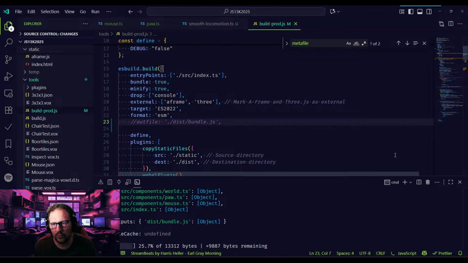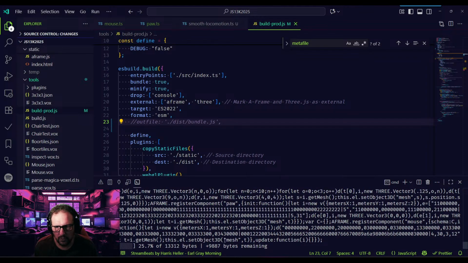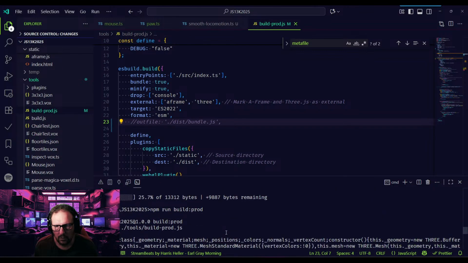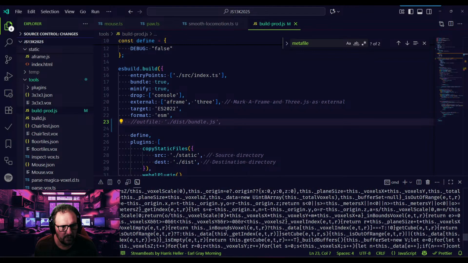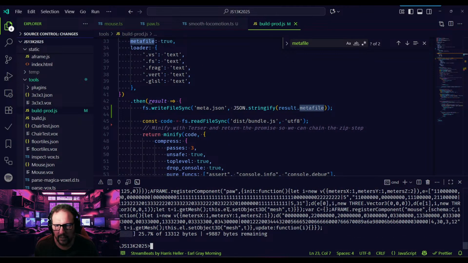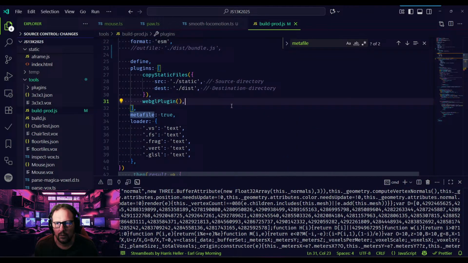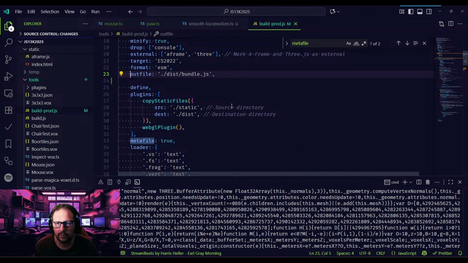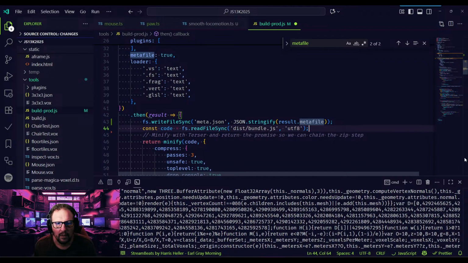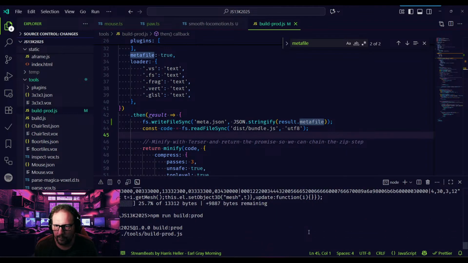So if you don't write to an out file, it just writes the output to the console. But I think it writes it twice now. Did I remove the console log? I removed the console log. So yeah, then it just outputs it to the console. So that's not what we need. Then we read the bundle. I'll look at it some other time. It should work, but I don't know